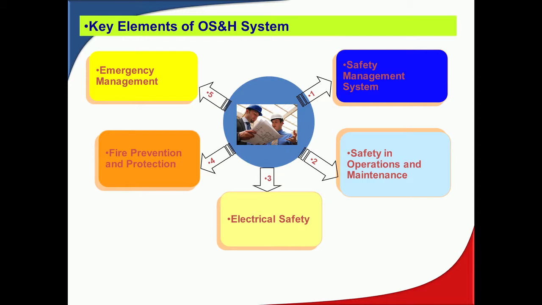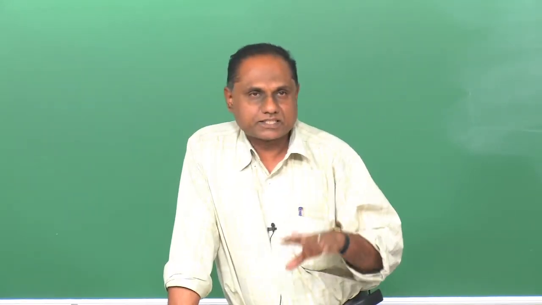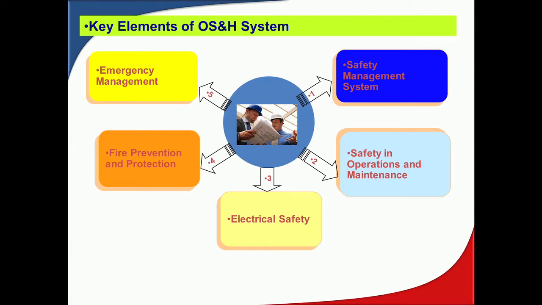Now, how do we split this audit of the occupational health and safety system? We need to segregate what to look at and how to look at it, so we identify five different sections. One is the safety management system, mostly dealing with the systems and procedures of a company, basically system oriented. Next is safety in operations and maintenance: do they have SOPs, standard maintenance practices (SMPs), a work permit system, management of change procedures? This all depends on the operations part.